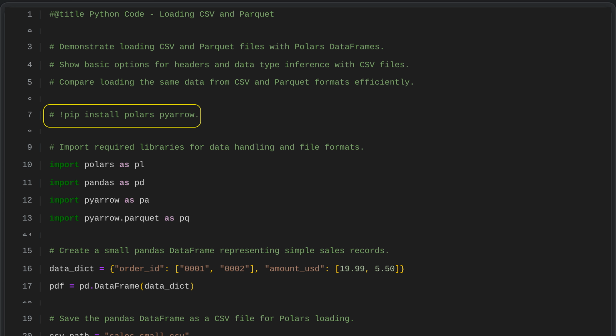The line starting with an exclamation mark is a command used in environments like Jupyter Notebooks to install the Polars and PyArrow libraries before running the script. Polars provides efficient tools for data manipulation, while PyArrow is needed to work with Parquet files, a column-based storage format. Installing these libraries is an essential setup step so that the later data loading and processing code in the script